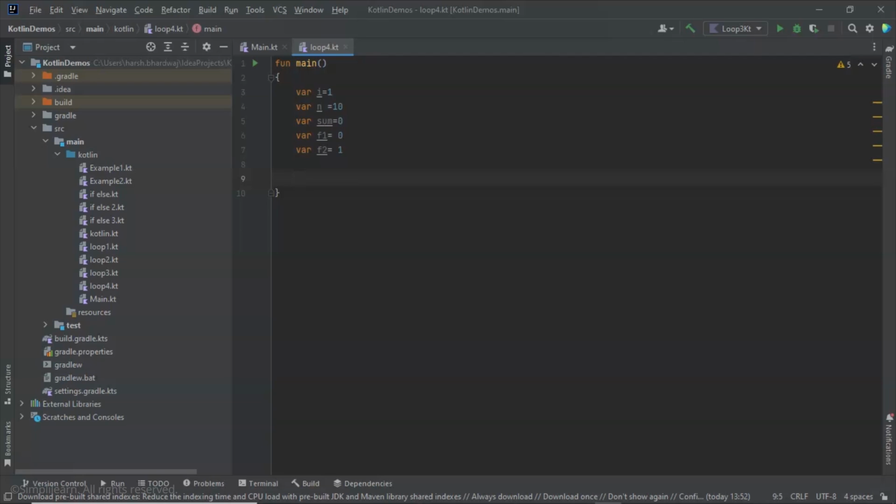Now we have to do this example with the help of a do while loop. So first of all we'll write do, and inside this do we'll write I plus plus, that is we are incrementing the counter. Then we'll print f1, because in the Fibonacci series the first number is always 0. So we'll write f1. We have assigned f1 as 0, so it will get printed. Now we'll write sum equals f1 plus f2. This is the logic, and after this we'll write f1 equals f2, that is we are assigning the value of f2 to f1,